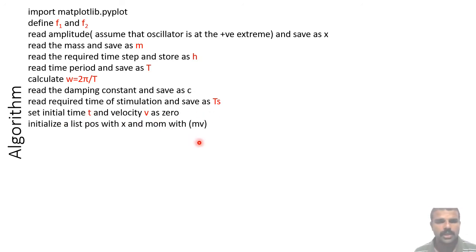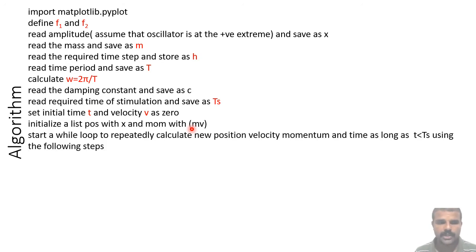And in the next step we need to plot position versus momentum. So we must have all the positions and the corresponding momenta. So we are continuously generating this information, and we have to save them in a list. So POS is the list intended to save the positions, and MOM is the list intended for storing the momentums.